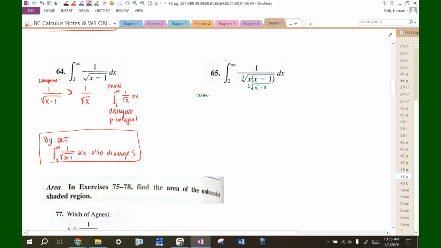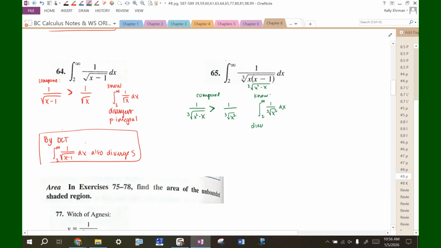So let's compare what we have, 1 over the cube root of x squared minus x, just to make the comparison more obvious, to 1 over the cube root of x squared. You always just cut off the lower term here. Because we're subtracting x, and x is positive, by the way, because it's between 2 and infinity, this fraction will be bigger because it has a smaller denominator than this fraction. And I know that the integral from 2 to infinity of 1 over cube root of x squared dx